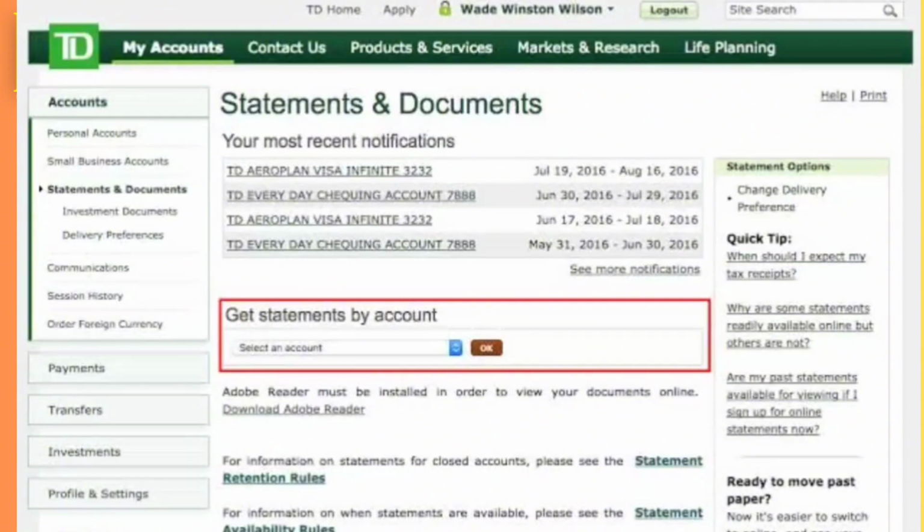And another method would be clicking on profile and settings and clicking on account details, and your account